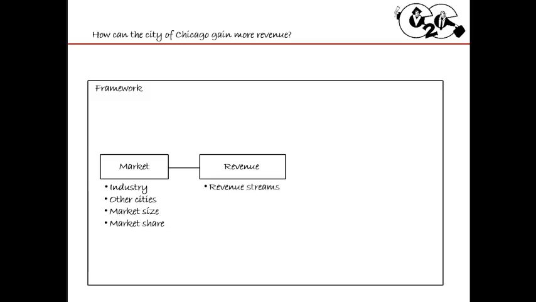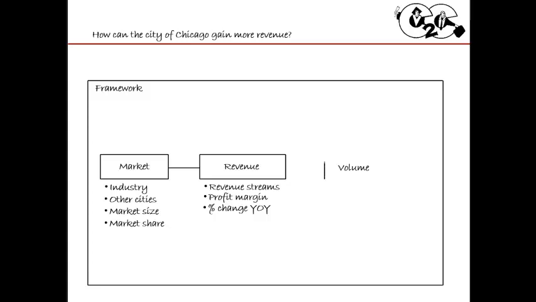So I want to know, what are Chicago's current revenue streams? They have taxes, or housing taxes, and they have fees when you get tickets and stuff like that, as well as maybe events and other services that are owned by the city. Of those different products, what is the biggest margin on it? Is taxing a big margin, meaning that the cost to operationalize that is low, or is it pretty high? And what's the change year over year? Okay, and that revenue. So have taxes increased? Have they decreased, or are fees going up over the years?